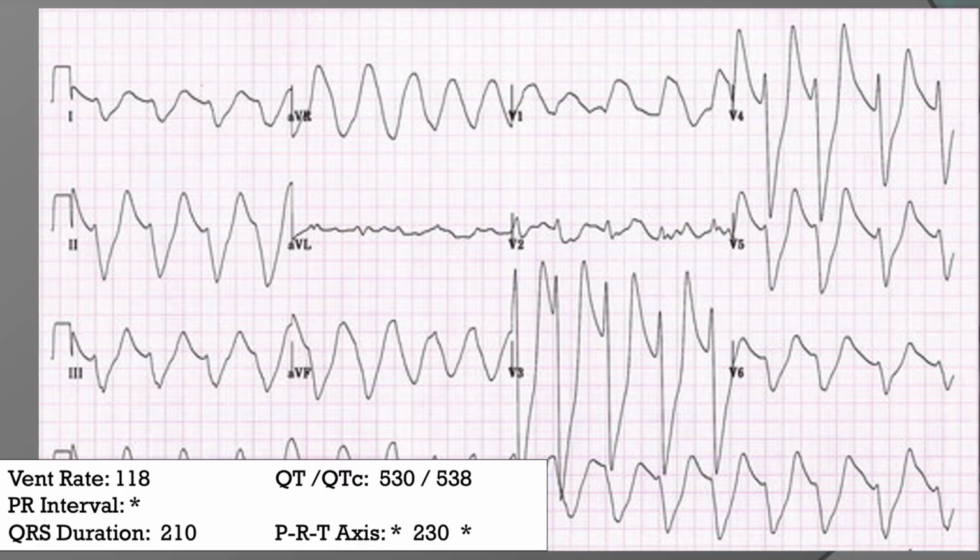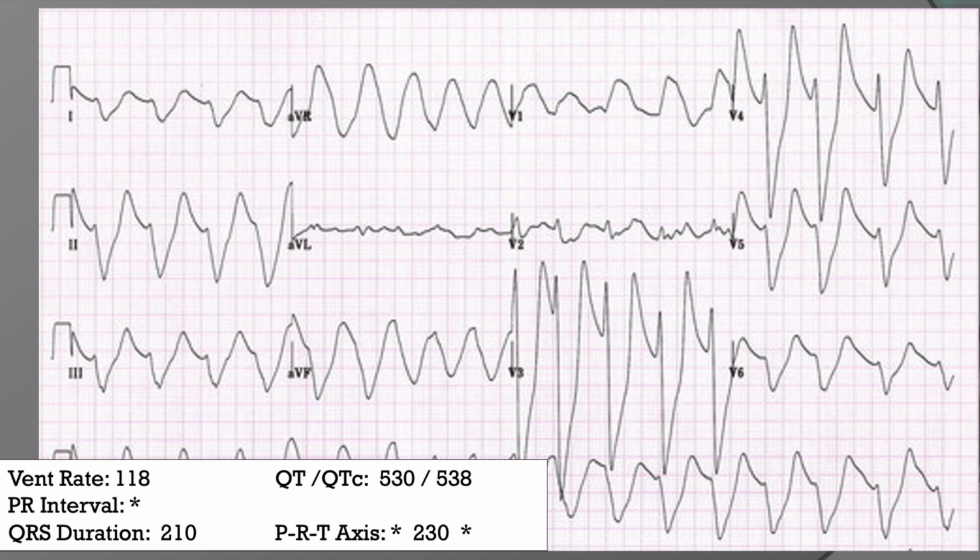Another example here. Again, the first thing I need to do is look at my rate, 118, so that's fast. It's not extremely fast like the other examples we've been looking at, but it is fast. I look to see if this is regular in nature, and as I look across here, it's got a little bit of irregularity to it. It's primarily regular, but maybe a little bit of irregularity. And if I look at my axis right now, I've certainly got down, down, and down in leads 1, 2, and 3, or if I look at my QRS axis, I've got